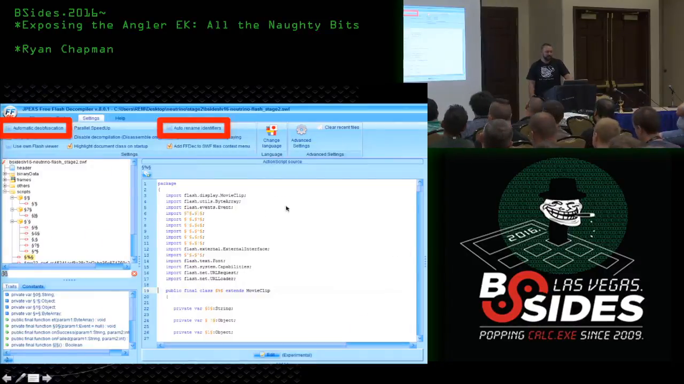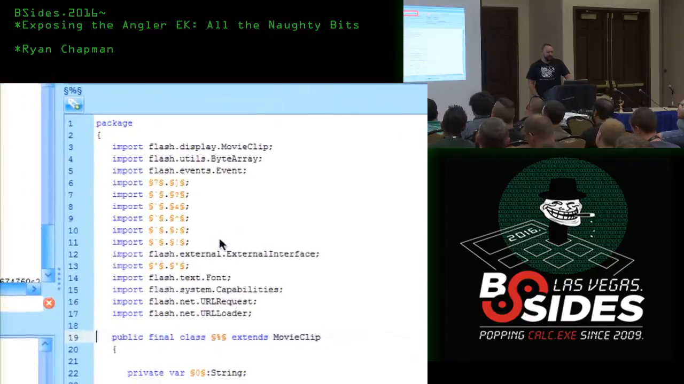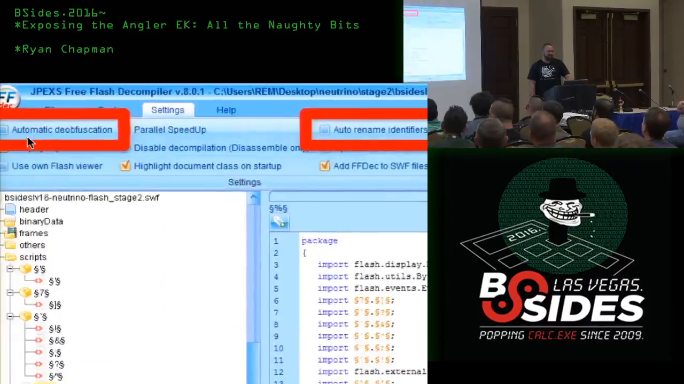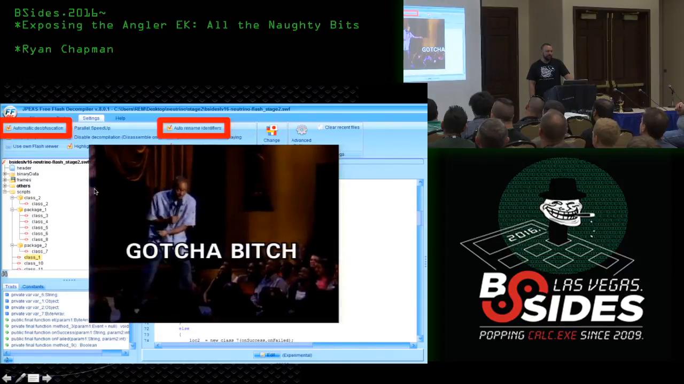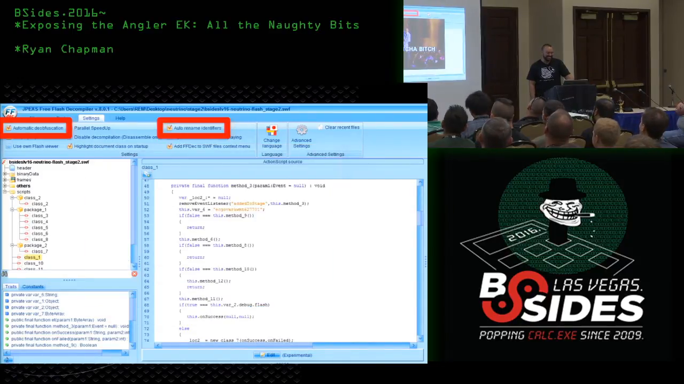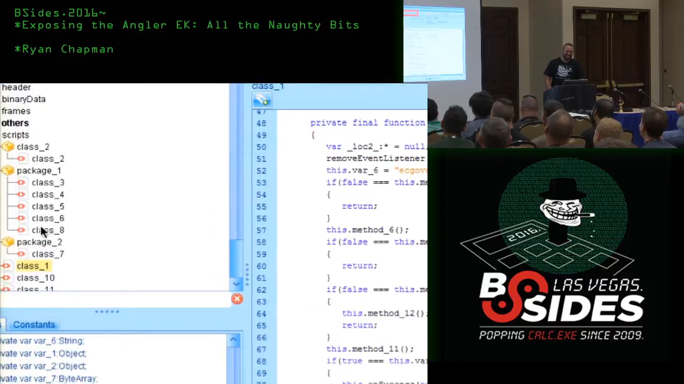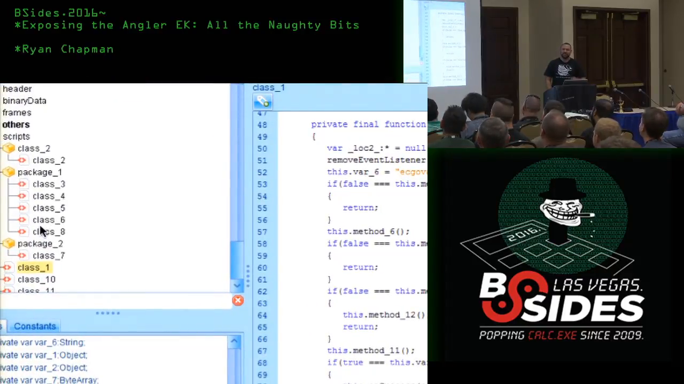Here's an example. Look at these class names that they're importing. You see those? Do you just keep track of all those? No, that's stupid. But if you look up here, these features are off. As soon as you turn them on, gotcha. Now it just enumerates the class names and the variable names in order of how